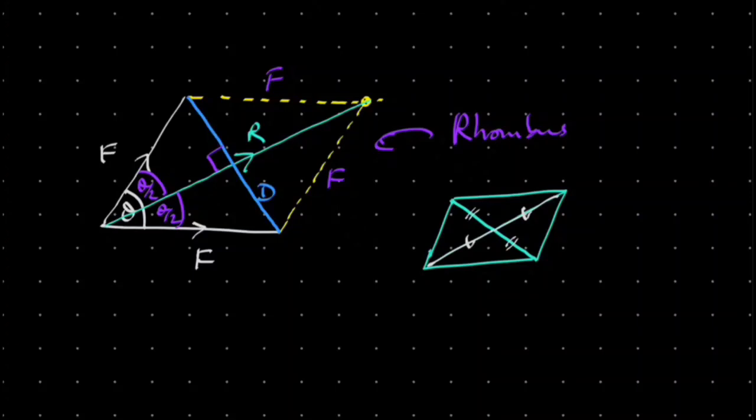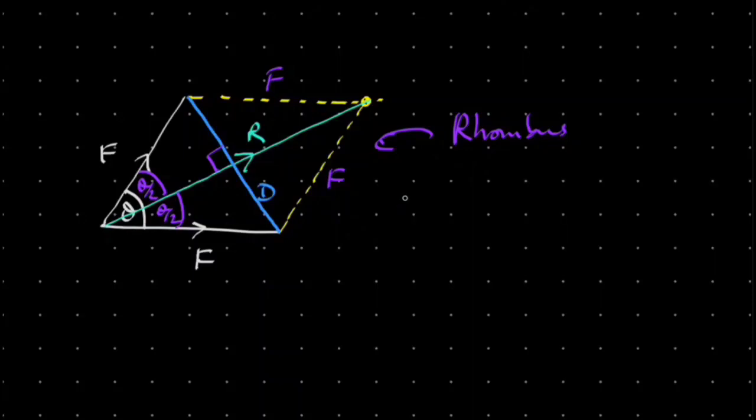So the rhombus is a special case of a parallelogram. So we know the R value, the sum, R is equal to twice this much, because this is the same as that. So twice one of these. Now this one,